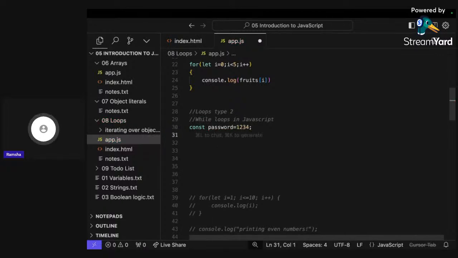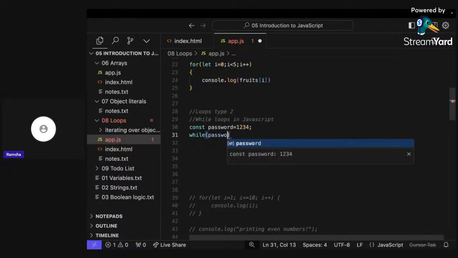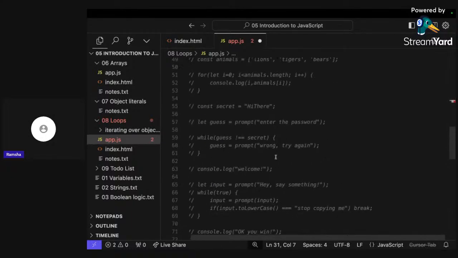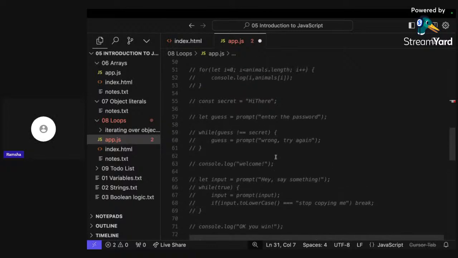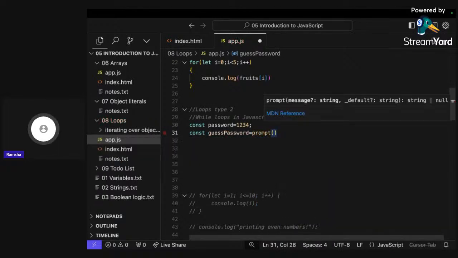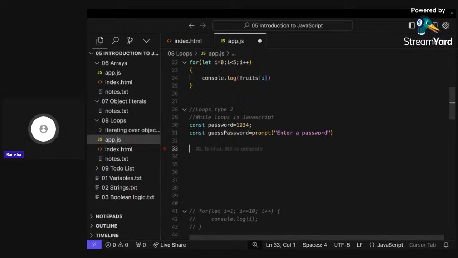Now I want to run a loop. Here I will write while. Okay, so now what I will do is create a prompt here named guess password, and here I will write a prompt that will ask me to enter a password. Now I will use a while loop here, and I will say while guessed password is